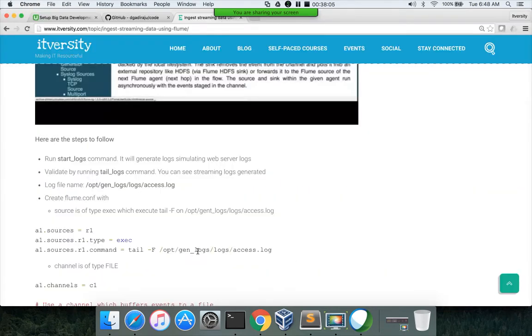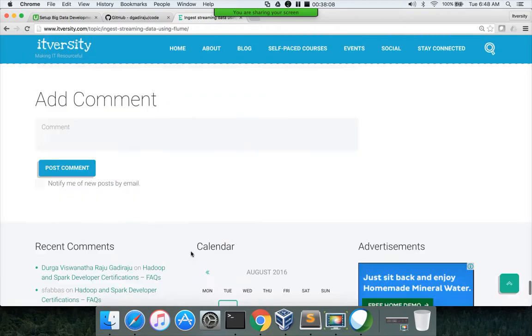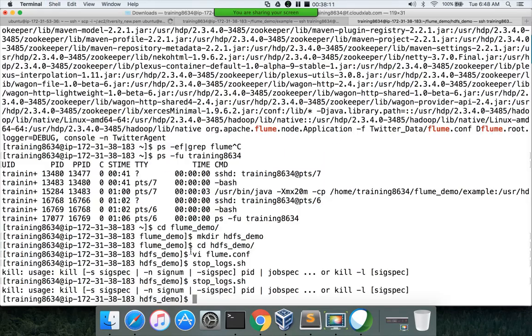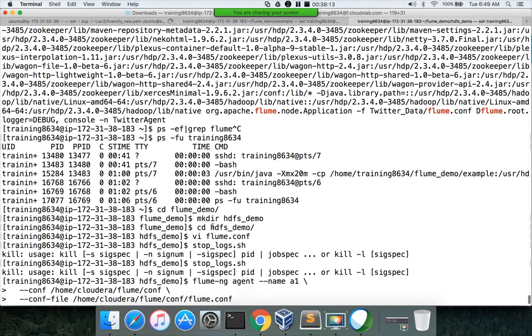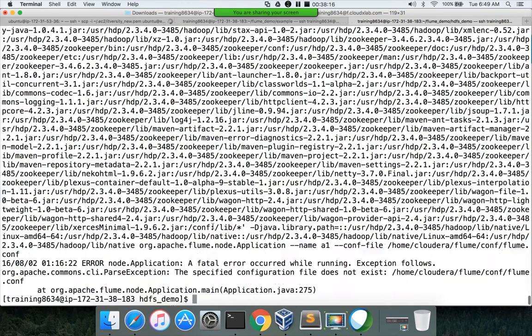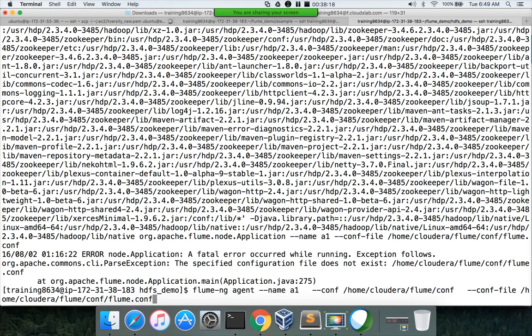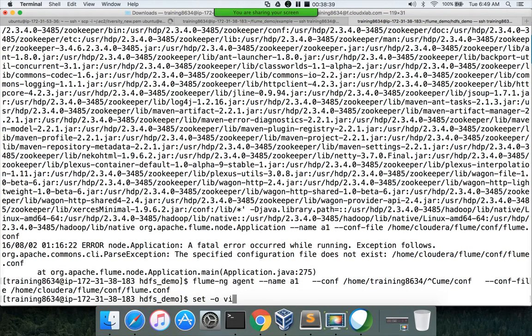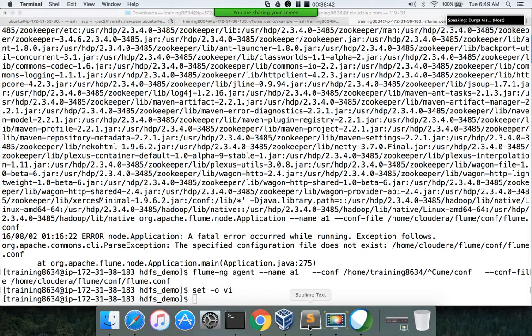Okay, so you can just copy this command, paste it here. It will fail because I haven't given the path correctly. So in this case, I am fixing the directory path, and here let me copy it to the Sublime Text.